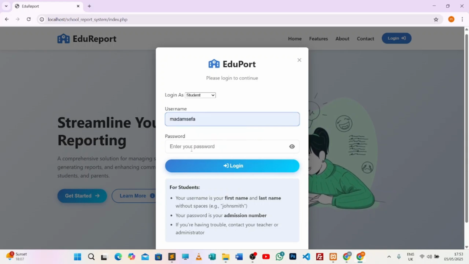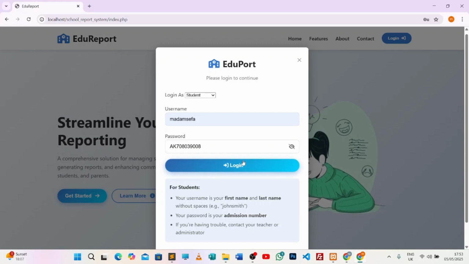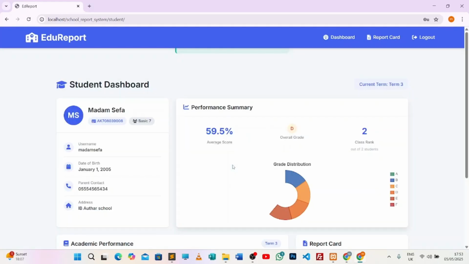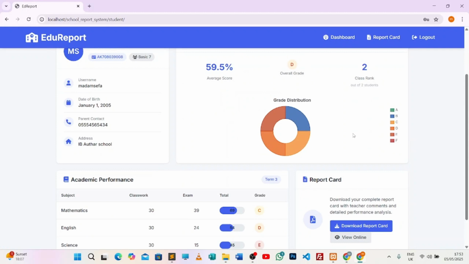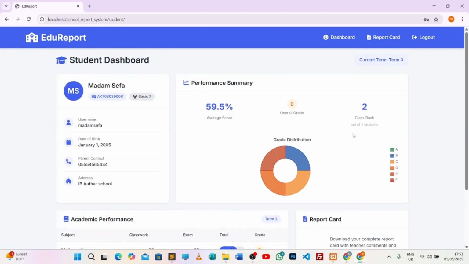Stefan here, and then we'll paste the admission number. You can see the admission number. Let me show you. So this is the admission number. So you just hit, and then we'll log in into Stefan's account. Now, when you log into Stefan's account,